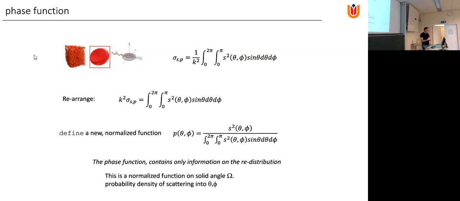This function p is called the phase function, and because of this normalization and this rearrangement, it contains only information about the redistribution. So not anymore about the strength of scattering, but only about the redistribution. It is normalized on theta and phi. Theta and phi both form a solid angle, so we could also say it is normalized on solid angle. And because it is normalized, you can regard it as a probability function for scattering into a certain